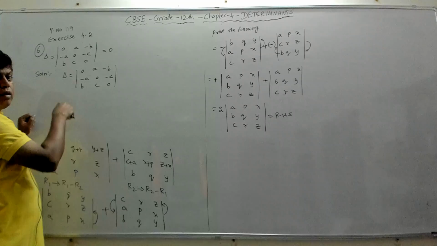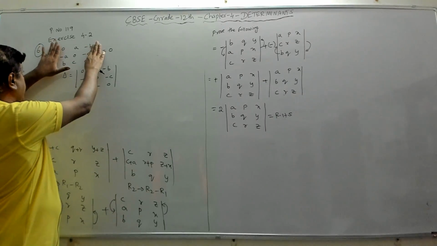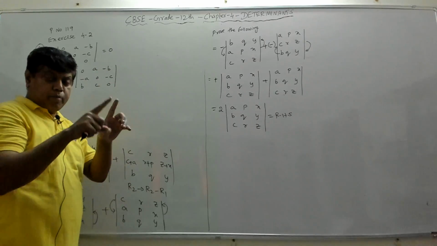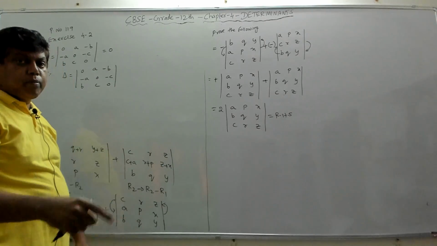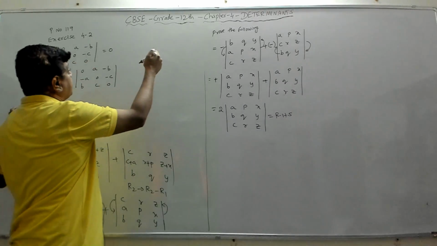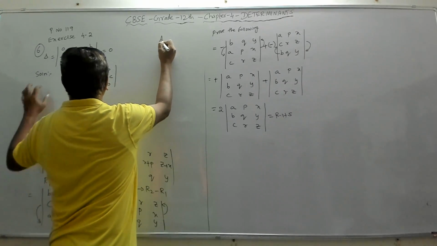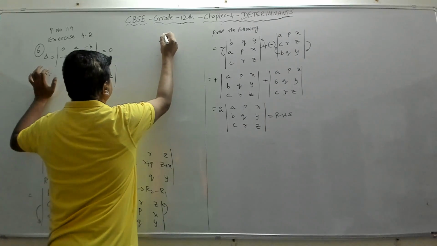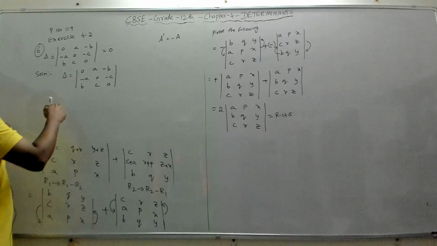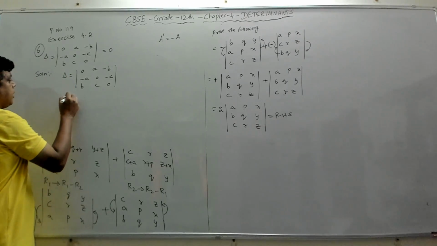This looks like just a determinant, I understand, but if you see the elements and put them in a matrix, it will become a skew symmetric matrix, right? Because if A is a matrix of these elements, then A transpose will be equal to minus of A. It looks like that.